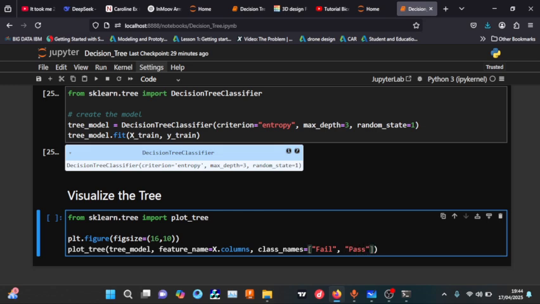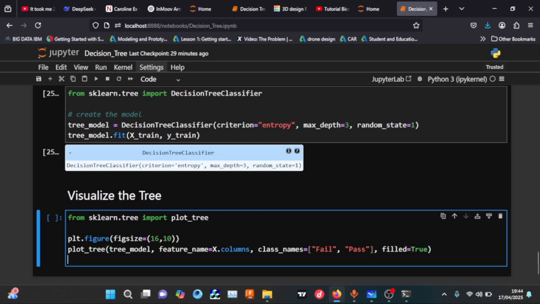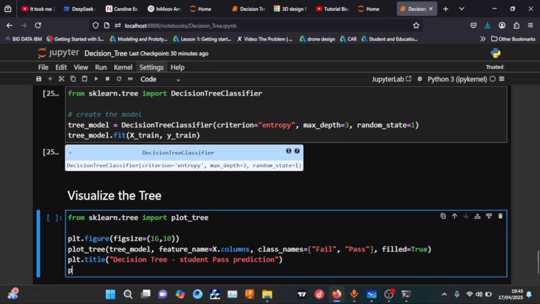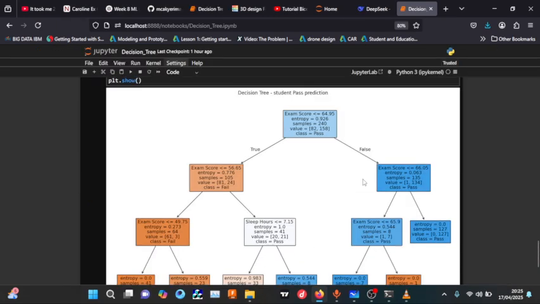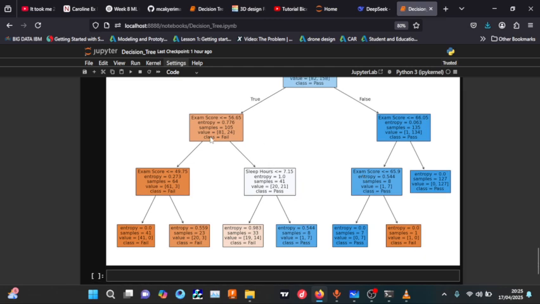Beautiful. And then I'm just going to add filled equals True, I want it to be filled. So plt.title is going to be Decision Tree Student Pass Prediction, right? So I'm just going to do plt.show. So if you take a look at this tree, it has actually three main branches, as you can see: